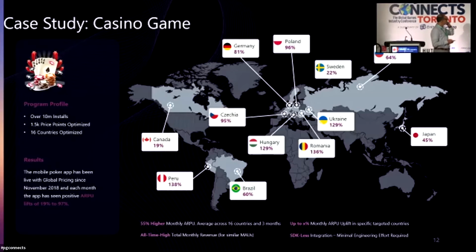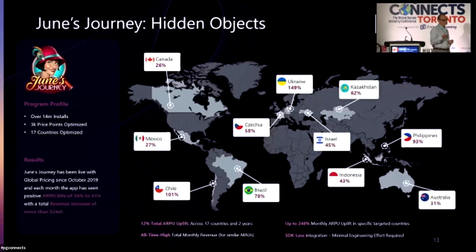I also like this slide because it shows their experience. An easy assumption to make, and it's true, is that you'll see growth among your lower-income countries. So you expect to see increases in Peru, Brazil, Romania, but higher-income countries as well. Check out Germany, an 81% increase in revenue, right? Similar income to the U.S., but 81%. The point being, just because someone spends a lot in the U.S. on your game does not necessarily mean Sweden or Germany, in this case, won't sell for you.